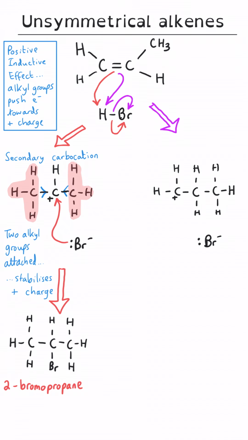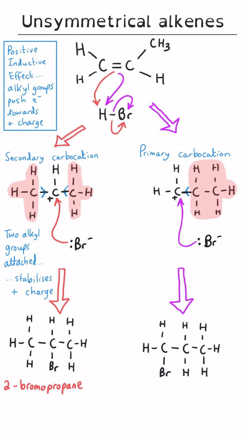The hydrogen still attacks the double bond, but this curly arrow is symbolizing the attack of that hydrogen on the right-hand side of the double bond. And so what we end up producing is a very similar looking carbocation, but this time the positive charge will be on the carbon on the left of the double bond because the hydrogen joined to the one on the right. This is actually only a primary carbocation because there is only one carbon chain attached to the carbon that is positively charged. And the bromide ion will of course attack this positive carbon and will lead to this organic